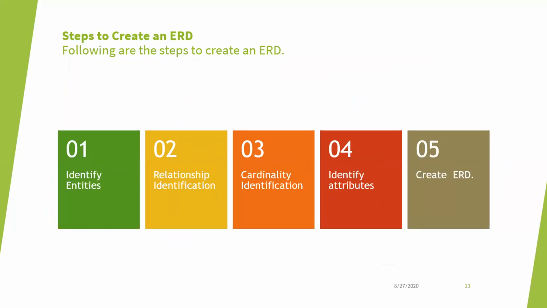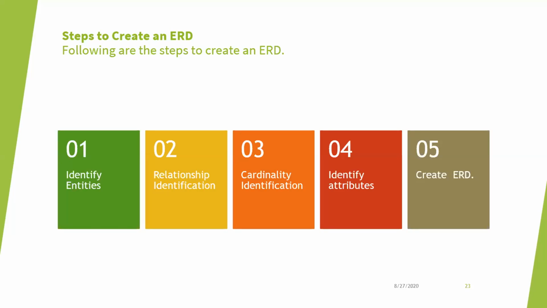And here I am going to give you some steps to create an entity relation diagram, and you must always follow these steps; it is very easy to draw an entity relation diagram. So here there are 5 steps. The first step is entities identification. The second step is finding the association between entities. The third step is what type of association it is, that is called cardinality. That means one to one, one to many, or many to one.